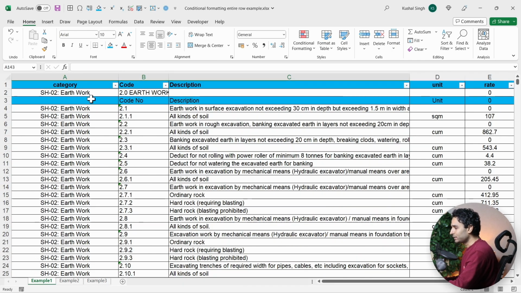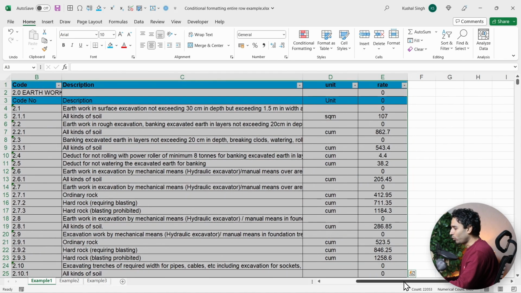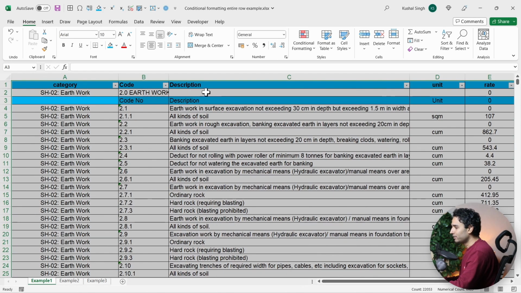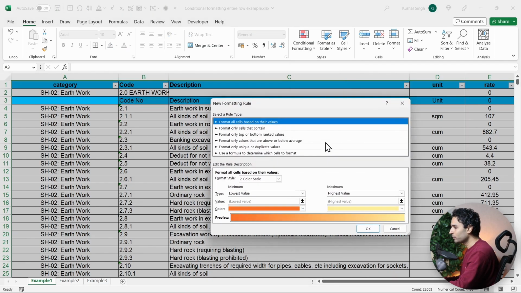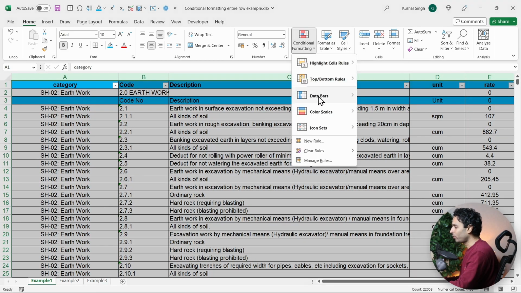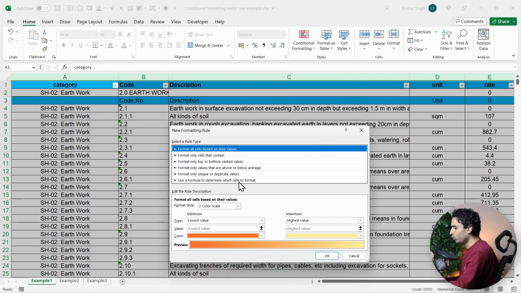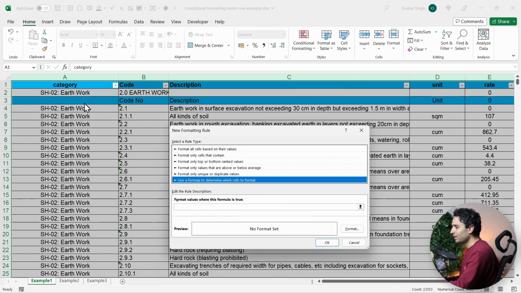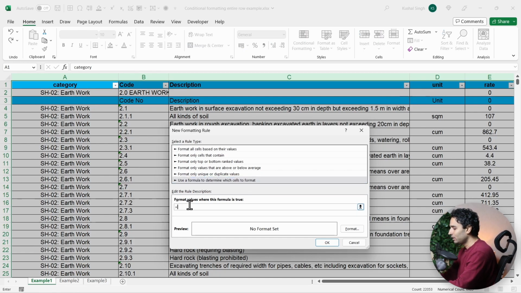Let's quickly do that once again. I'll select everything. This time I want to highlight each cell where the description is blank. So I'll go to the conditional formatting again, go to new rule. In fact, let's highlight everything which contains or which does not contain a unit value. So I'll select everything again. So I'll just select it by dragging it over, going inside conditional format, going inside new rule again, going inside use formula again. Just remember, again, we are in A1. We want to refer D, but rather by locking the D